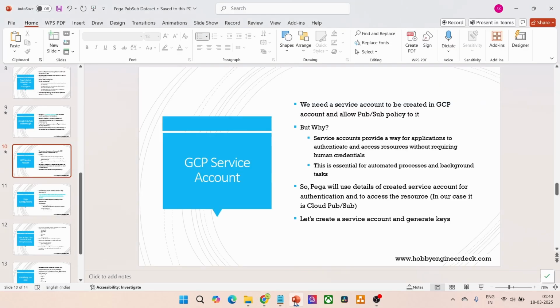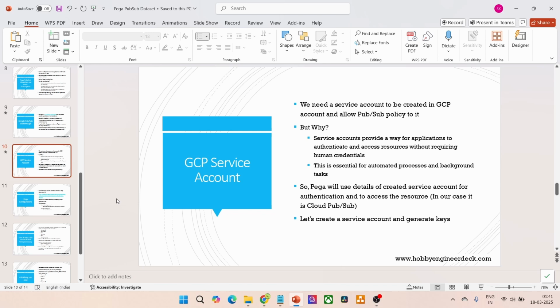Now what is the next step in the Google side configuration? We have to create a service account. If you have followed my earlier video on the BigQuery integration with Pega, there we also created a service account at our side. So I'm going to create a dedicated video for service account creation. That would be the next video, wherein, oh, sorry. We will cover the service account creation in this video, and all the Pega configurations will be in the next video. Now let us quickly go ahead and create a service account in